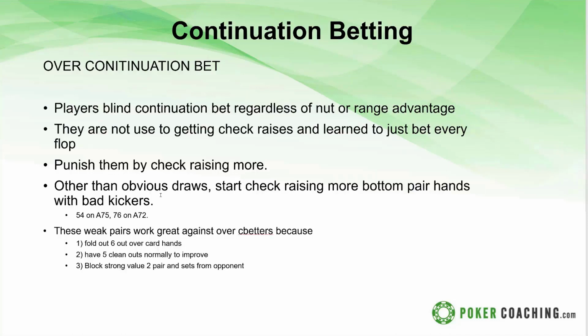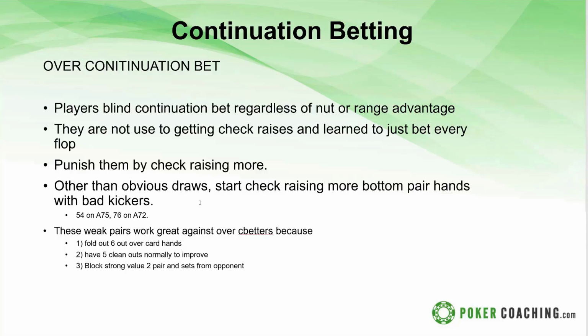And you want to do it on boards where there's a large gap between top pair and second pair. So on both these boards, ace-7-5, the same would be on king-5-4. You don't need to do it as much on king-jack-5, but it's the same thing. You can do it on a 5x board to fold out their 7-6 suited, 8-7 suited, 9-10 suited. But you don't do it as much on, say, king-jack-9, because then there's not that huge gap and you're not folding out a bunch of 6-outers on the king-jack-9.